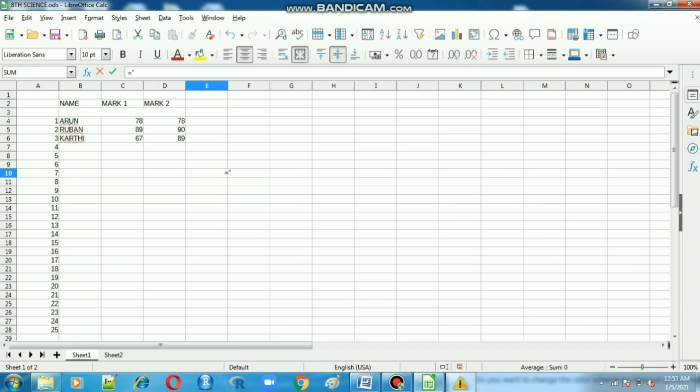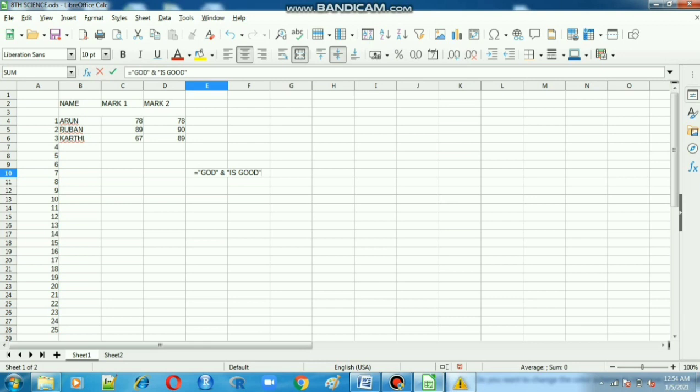Equal symbol, double quotation, God, then the and symbol, and then the next word in double quotation, is good. So we use the equal sign before the formula, then a double quotation with one word, then the and symbol, then the next word in double quotation. The and symbol is a must in a text formula.